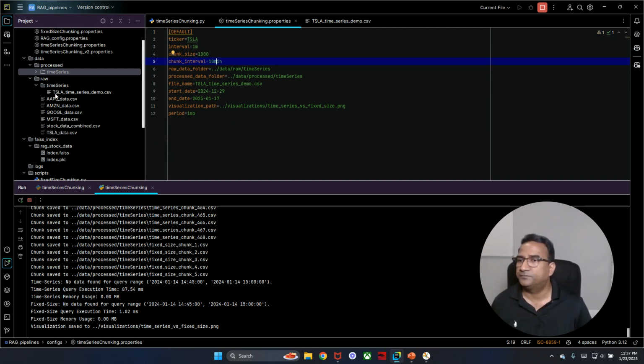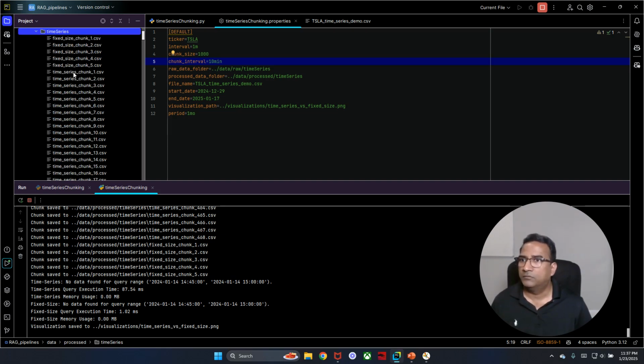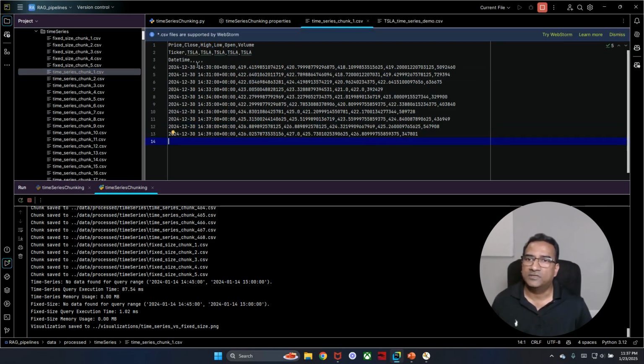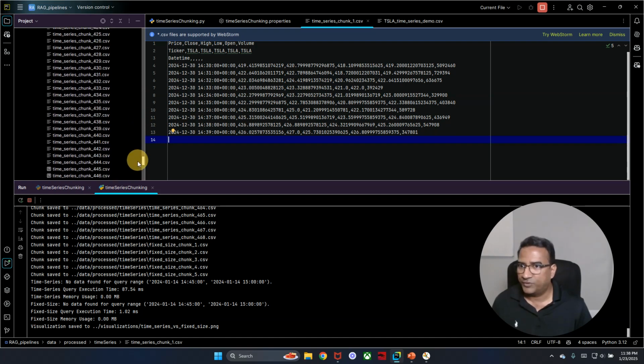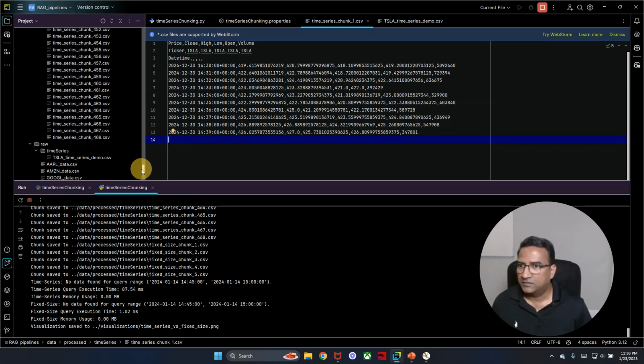So let us see one chunk from time series, and you can see here row number 4 to 13, so almost 10 rows are here. So basically 10 minutes of data is there in the time series chunk, and the number of chunks you can see here is pretty high, 468, because